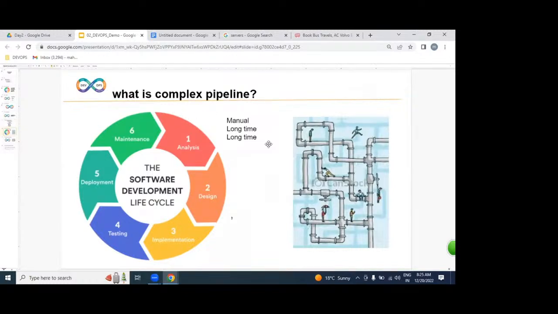Because it is a manual process, from analysis to design to implementation to testing. From one team to another team, it is a manual process. It is not an automated process. For example, while implementing this SDLC process, if you get any issue or problem in the middle, how difficult is it to identify? Due to this manual process, if you get any issue, can you easily identify it? No one can.